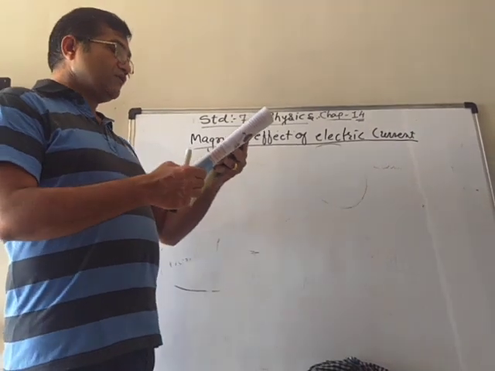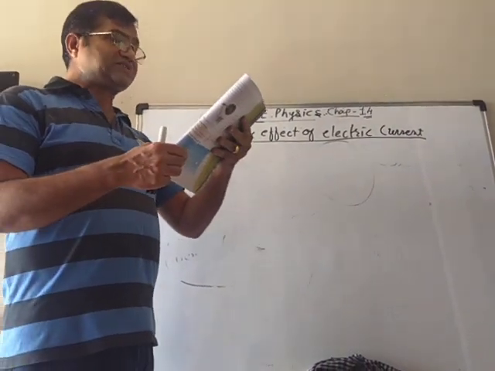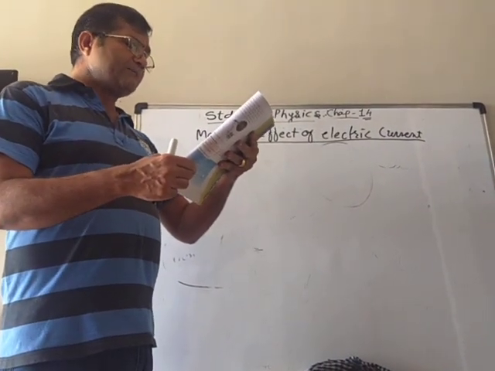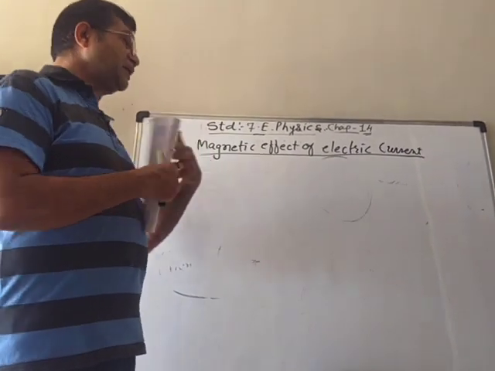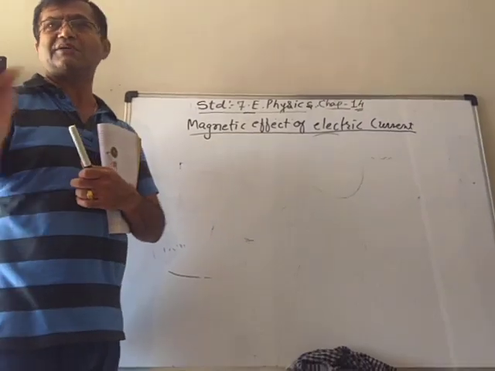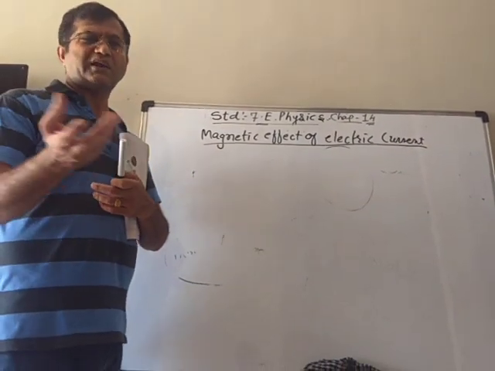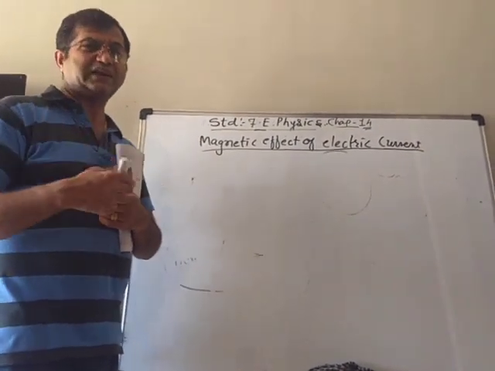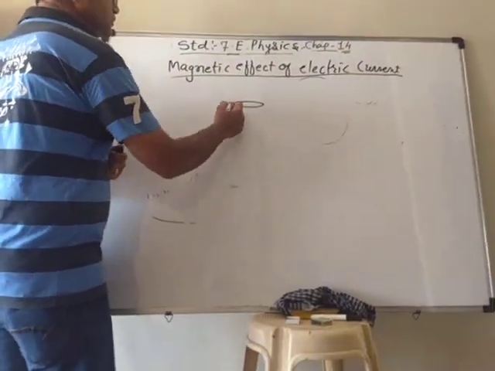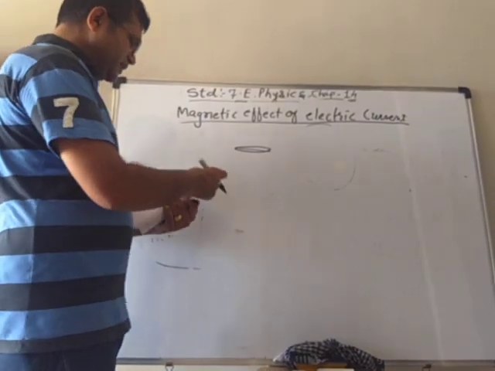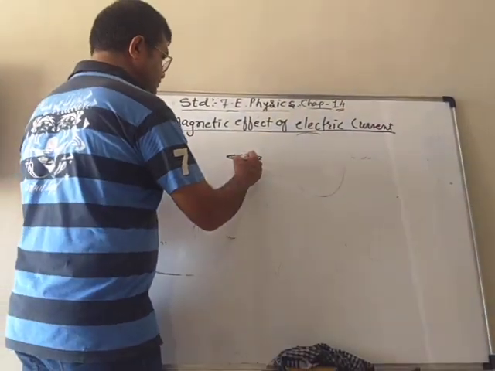What do we have to take? We have to take a 75 centimeter long piece of insulated wire and an iron nail. We have to take wire. Insulated wire means wires which are available in different colors like red and green. Now what do we have to do? We have to take a screw. I hope everybody is familiar with the screw.